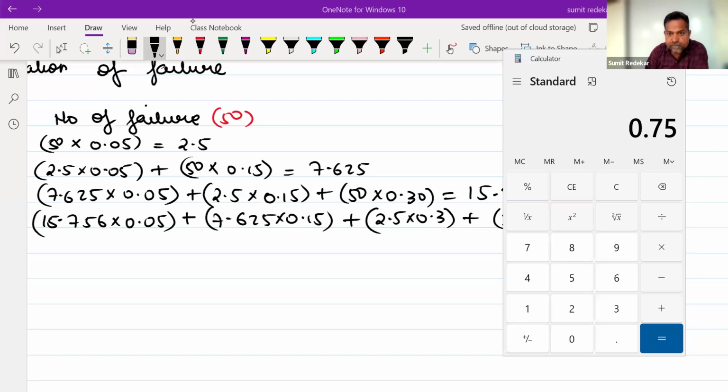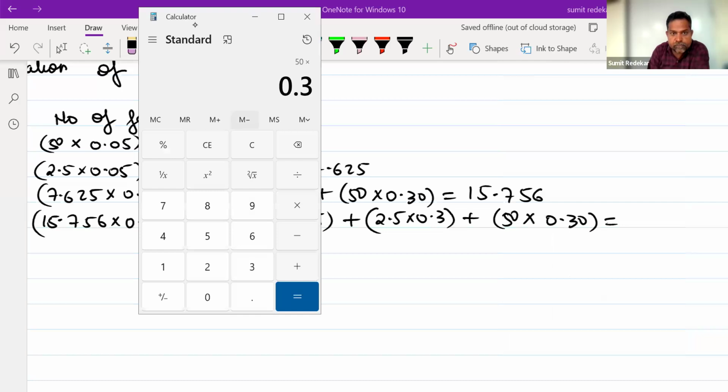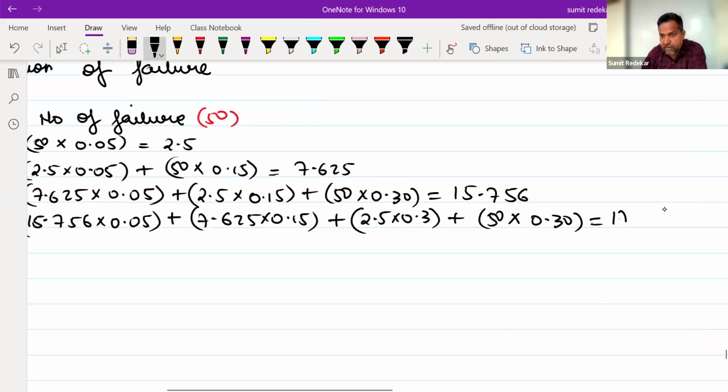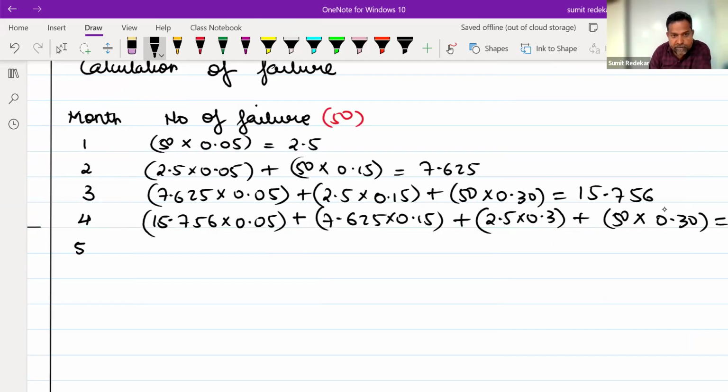And lastly, 50 into 0.3. 17.68155. Perfect. So I'm taking it as 17.682. Last for the fifth period, 17.682 into 0.05